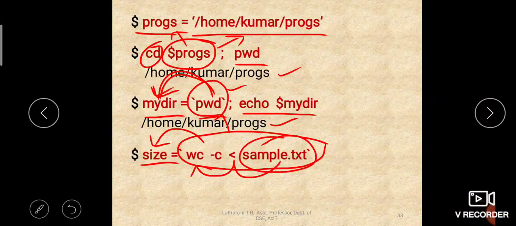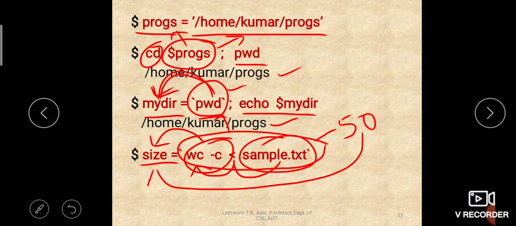How many characters? Let us say there are around 50 characters in sample.txt, counted by this wc -c, and this 50 will be stored in the variable called size. So now what is the value of the variable size?